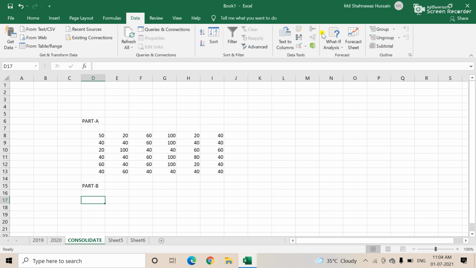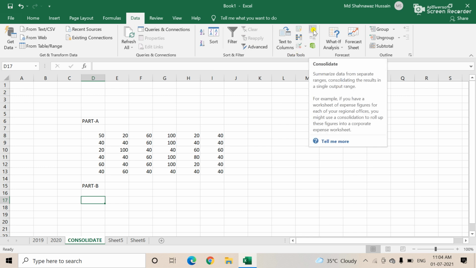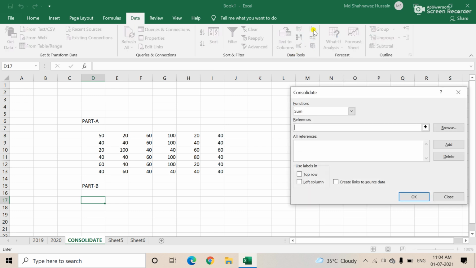Because consolidate data is available in the Data tab. Just click on the Data tab and see here is Data Tools. Inside Data Tools, consolidate data is available. Just click there and the consolidate window is displayed on the computer screen, right?